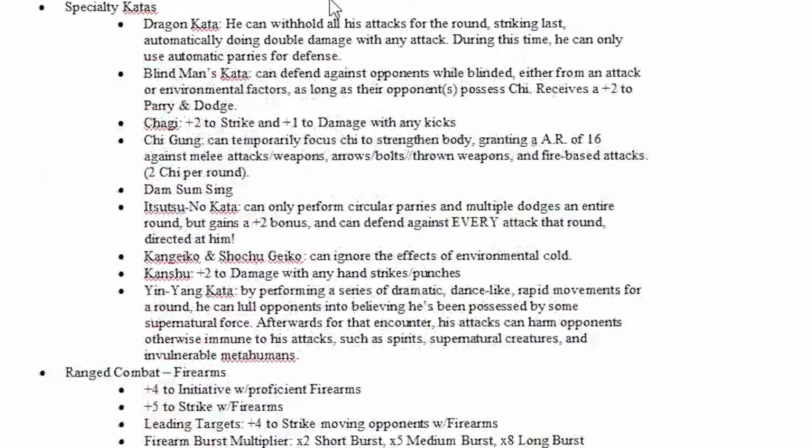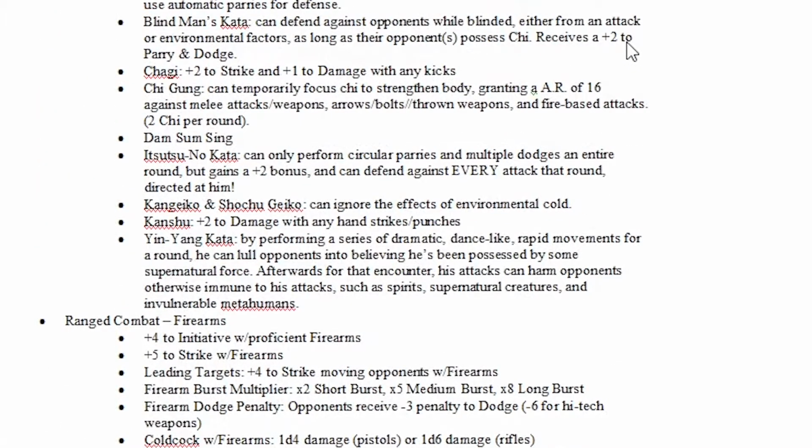You'll see. For his specialty katas, like I said, he gets 6 because of his level as well as mastery of martial arts. So he starts off the Dragon Kata, that's from the martial arts itself. And then we gave him Blind Man's Kata, Shagi, Shikung, Dam Samsing, Itsuki no Kata, Kenjeko, Sochi Gaiko, Kanshu, and